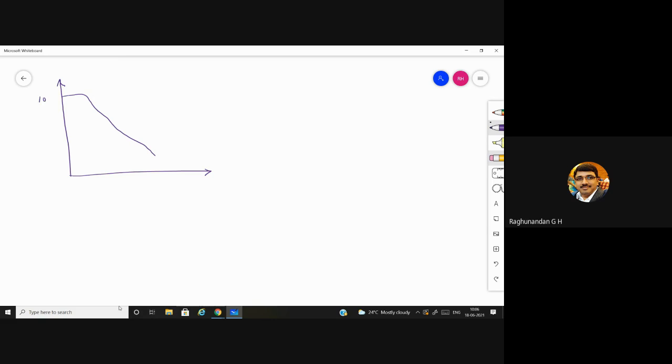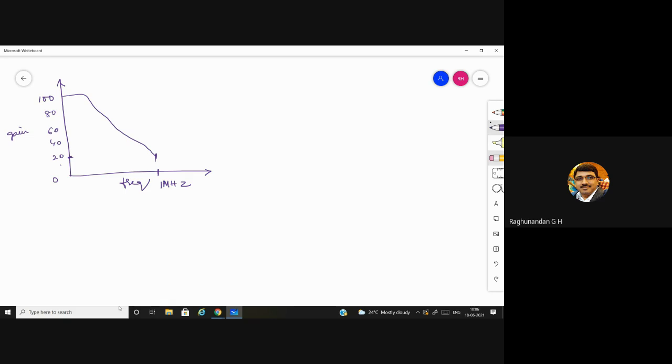So initially it will be 100 decibels. This is the gain and this is the frequency. So 80, 60, 40, 20, like that we are having. You can observe this is around 1 megahertz. At 1 megahertz, you are getting 20 decibel gain. That means when you keep on increasing the frequency, the gain will be decreasing with respect to the op amp.